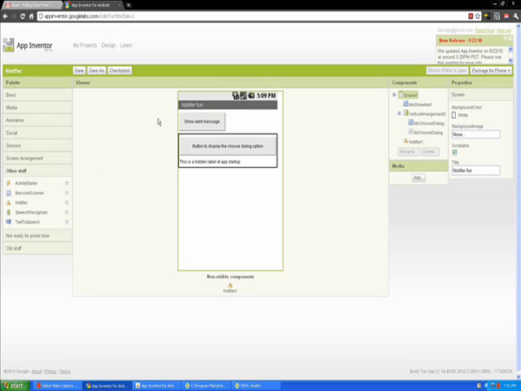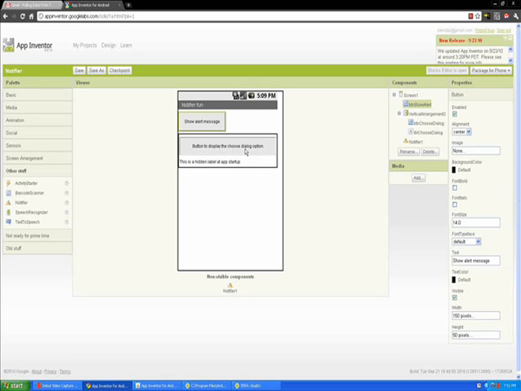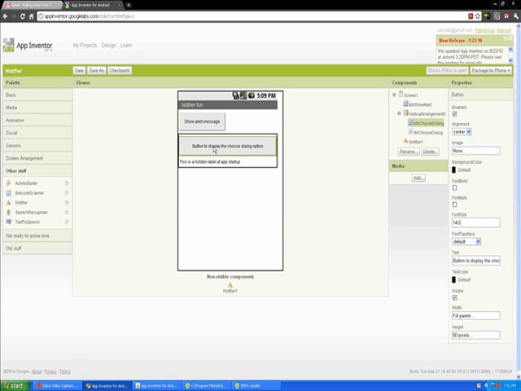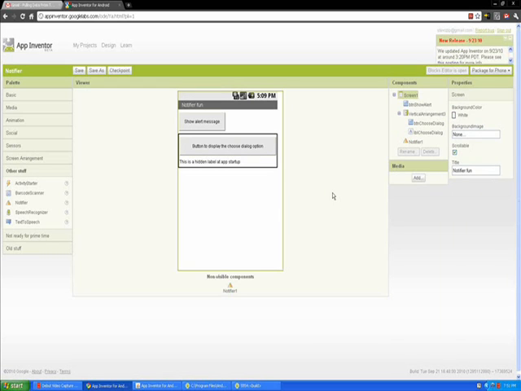As you can see on the screen, there are 2 buttons as well as a label that I've created in my design window. The first says show alert message, our second button says to display the choose dialog option, and our label, which I have set to be invisible in the properties, says this is a hidden label at App Startup. We're going to make this label appear by clicking this button here. The code will be done through the blocks editor